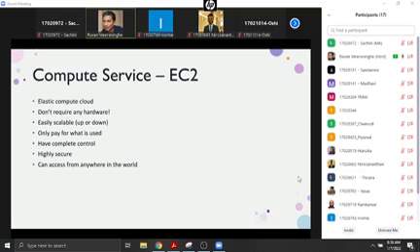Right. So the compute service, this is Elastic Compute Cloud. A lot of you answered, okay, we don't have the required hardware resources. So this is a solution to that, right?